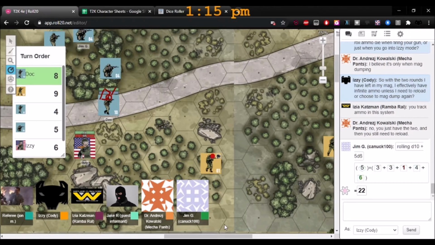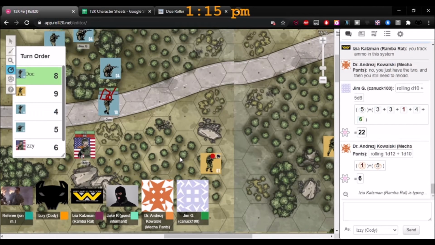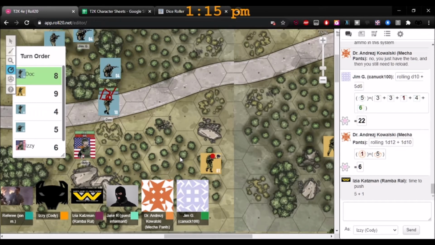All right. Go, Doc. Nada. Ooh. So, I'm going to push that, and that gives you 1 stress. Say again? I'm going to push it. Didn't get a bonus +1 due to field surgeon?